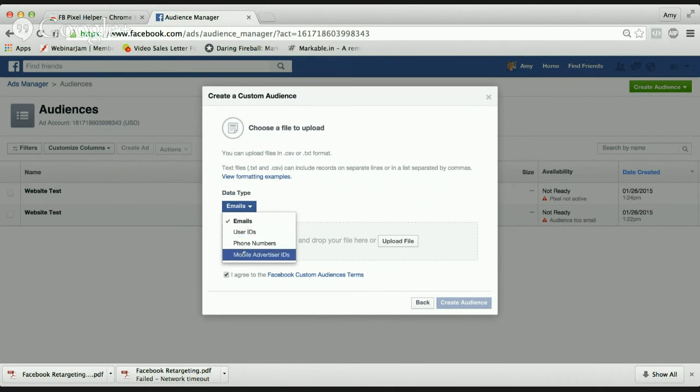You could also do phone numbers if you have a list of phone numbers that you want to use, but I think most of us are going to be using emails. And you'll just select upload your file. You'll upload this to Facebook. It's going to take some time for Facebook to populate this list, so you'll get a notification once your audience is ready. Then you'll just select create audience, but we're not actually uploading one, so we're going to go back